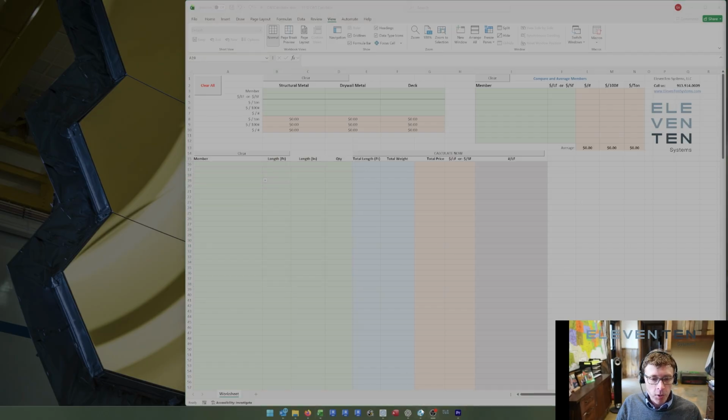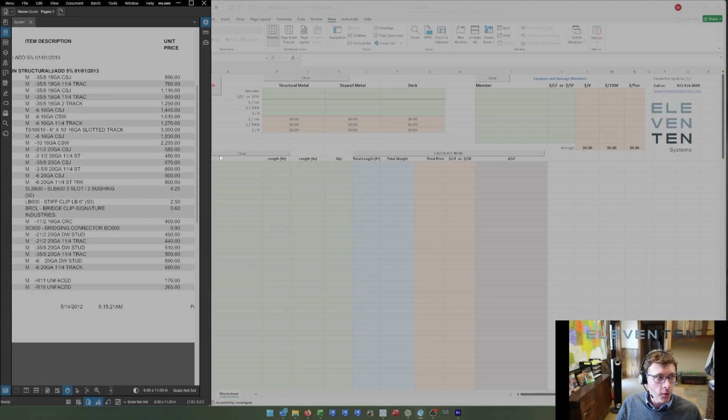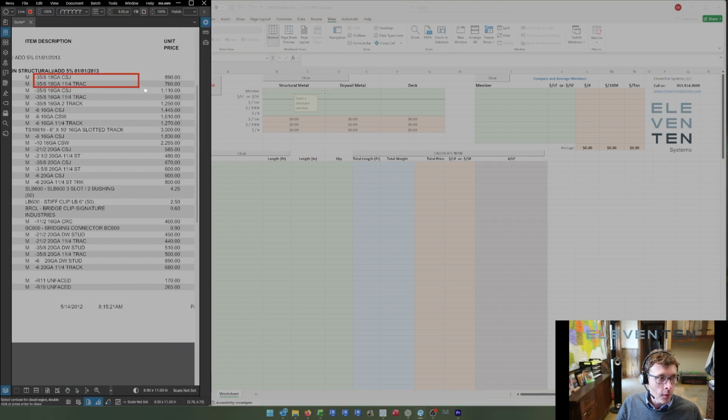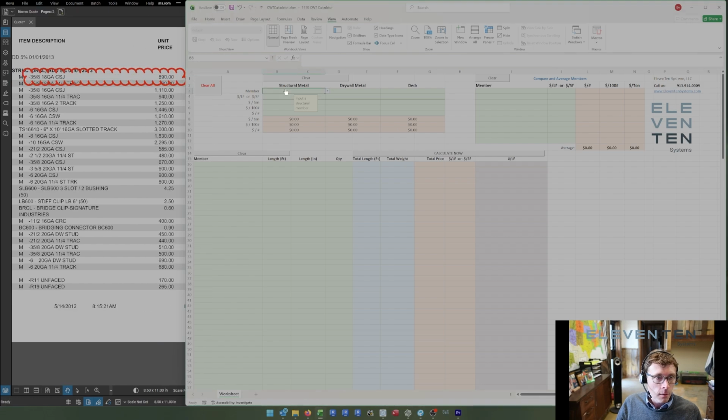Okay, so now I'm going to show you an example of how we can use a quoted member to figure out all sorts of different pricing for those 1,400 different framing members we have loaded into our software here. So here I'm going to pull right from the quote. I'm going to pull this 3 5/8 18 gauge stud. I'm going to put it right in here